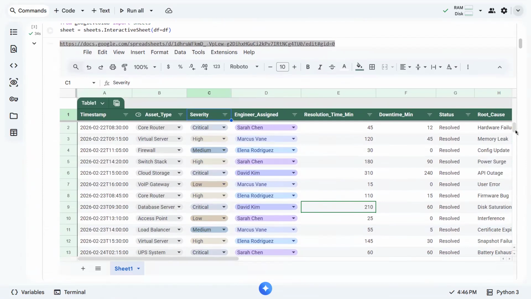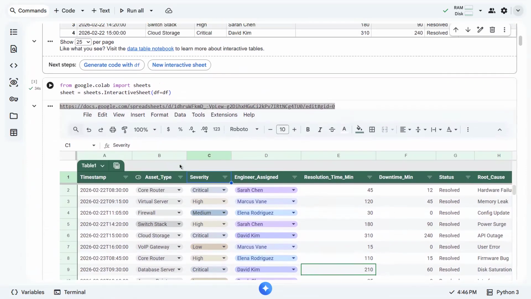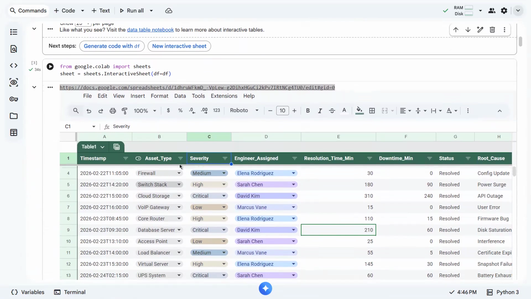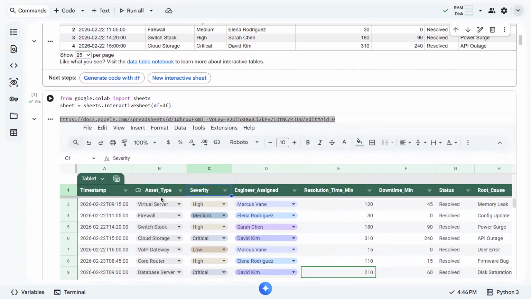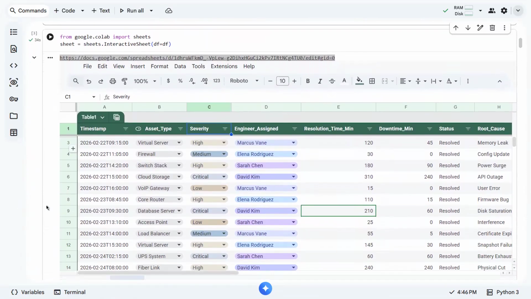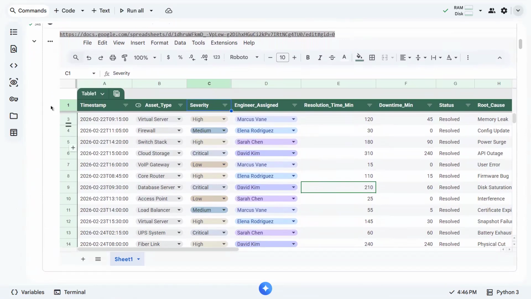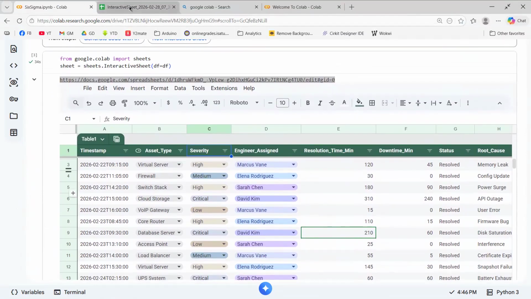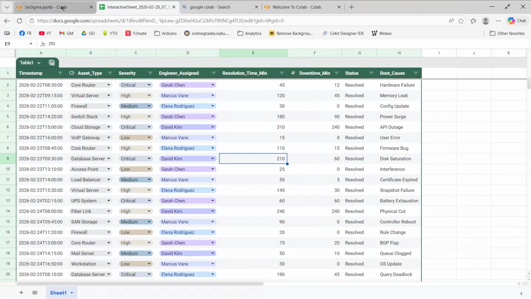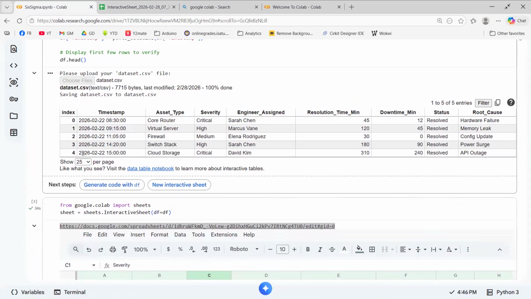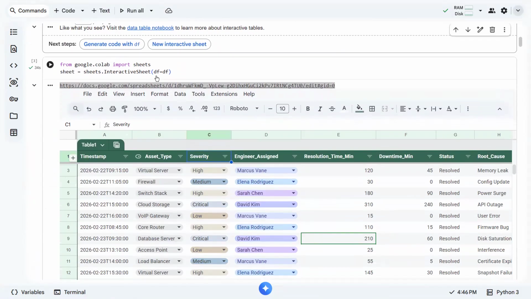So this is our data set. We can actually embed our Google Sheet data set within our notebook, so that we no longer have to switch between tabs. If you want to have it this way, then you can try the new interactive sheet.